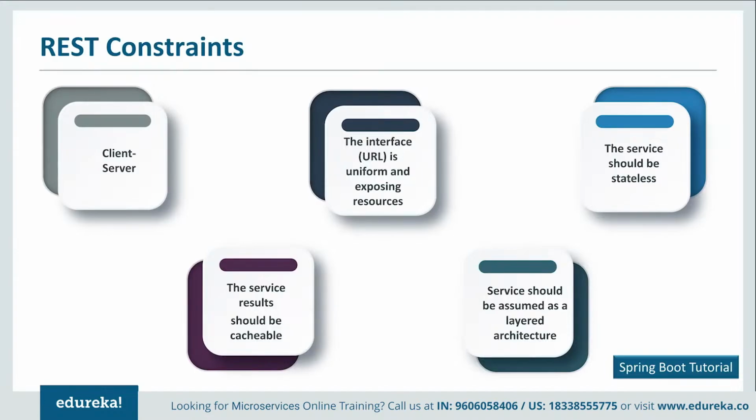That means that the values returned should be stored in cache. And the last constraint that I would like to mention is that it should be a layered architecture. So basically, the client should not assume to get a direct connection to the server. So now that you know the REST constraints, let's deep dive into the principles that encourage RESTful applications